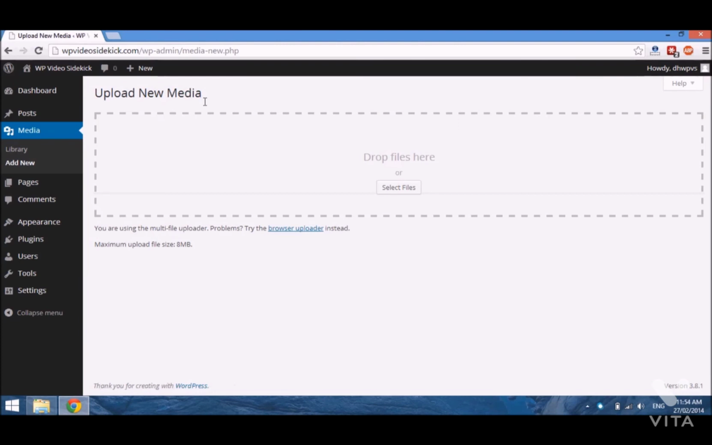What the media library does is it stores all media that you upload directly to your WordPress site, and you can put media in here to either use in your posts and pages, or media to be downloaded by your users or visitors. So as you can see here, it says you can simply drag and drop files here, or select files, and